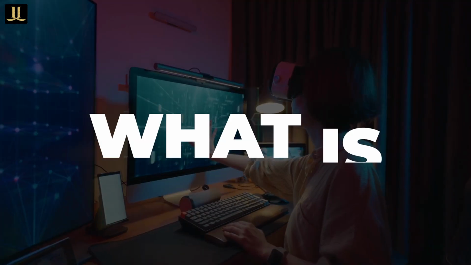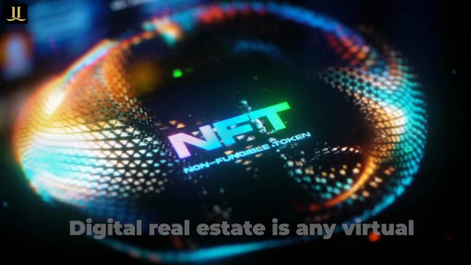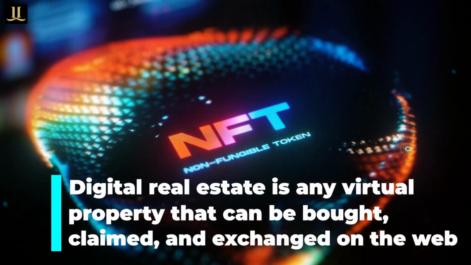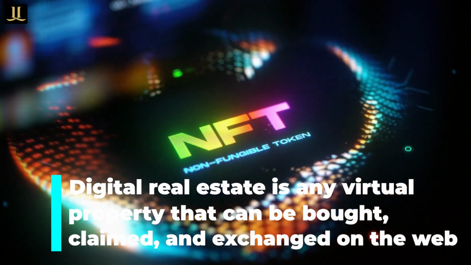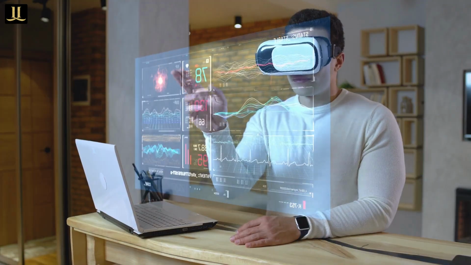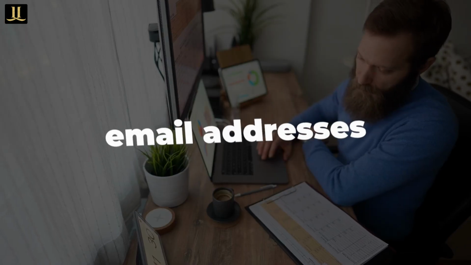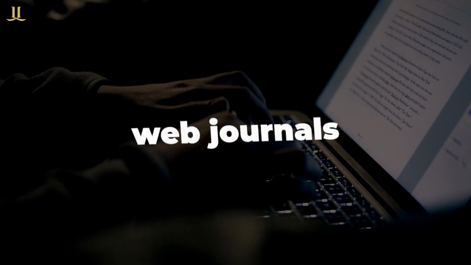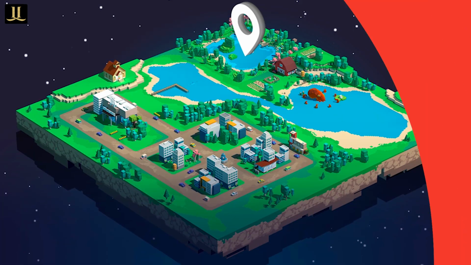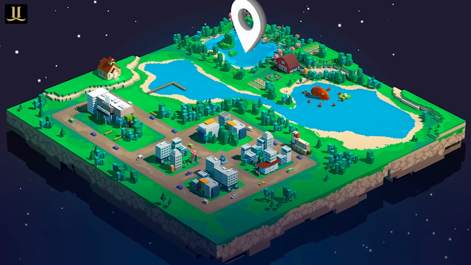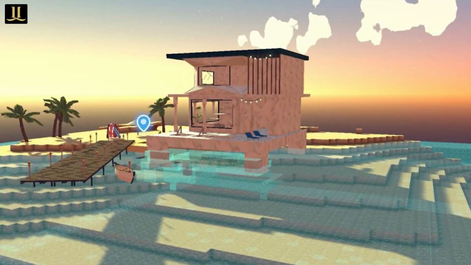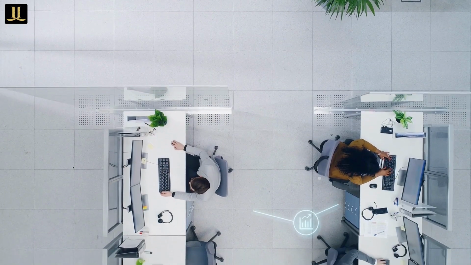But first, let's start with the obvious. What is digital real estate? Digital real estate is any virtual property that can be bought, claimed, and exchanged on the web. Before the appearance of Web 3.0, websites, email addresses, portable applications, and web journals were viewed as advanced property. However, in today's world, metaverse, virtual land structures, urban communities, non-fungible tokens or NFTs, and advanced monetary standards are on